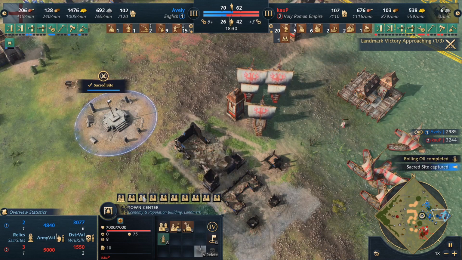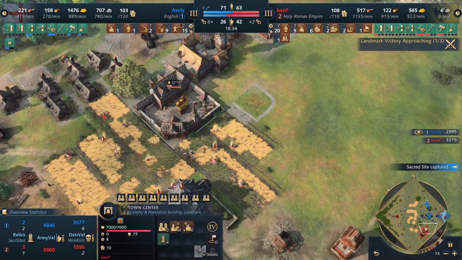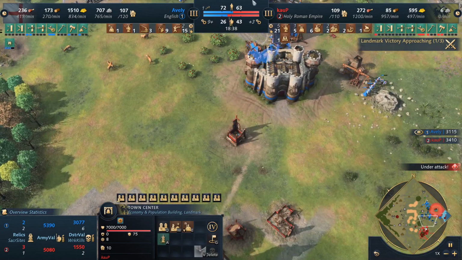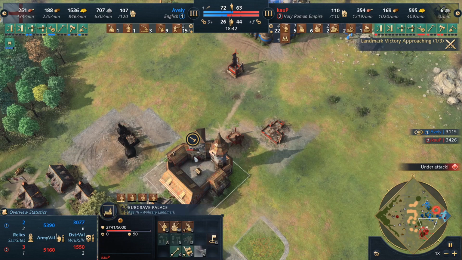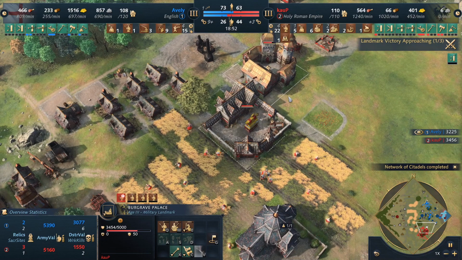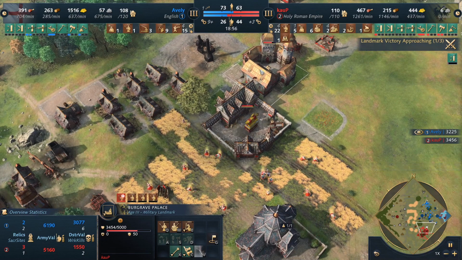We have a queue of villagers waiting in line to pop out of this town center, but still not able to keep up with the production of avely. Now a 3rd trebuchet down, which is going to make this incredibly hard. This is when the self-repairs don't really matter. And we only have 6 men-at-arms. We have a Burgrave Palace with an HRE player and only 6 men-at-arms out on the map, because we don't have that much gold coming in. I mean, we have enough, but not like...